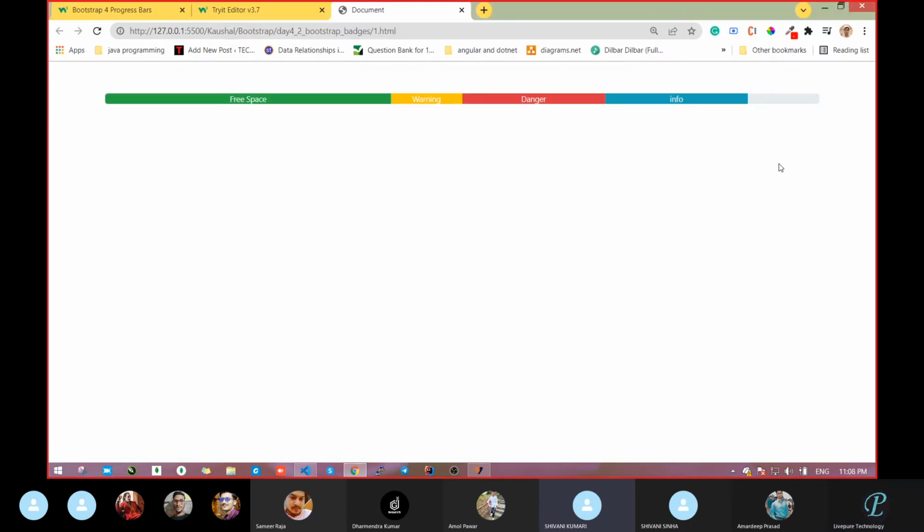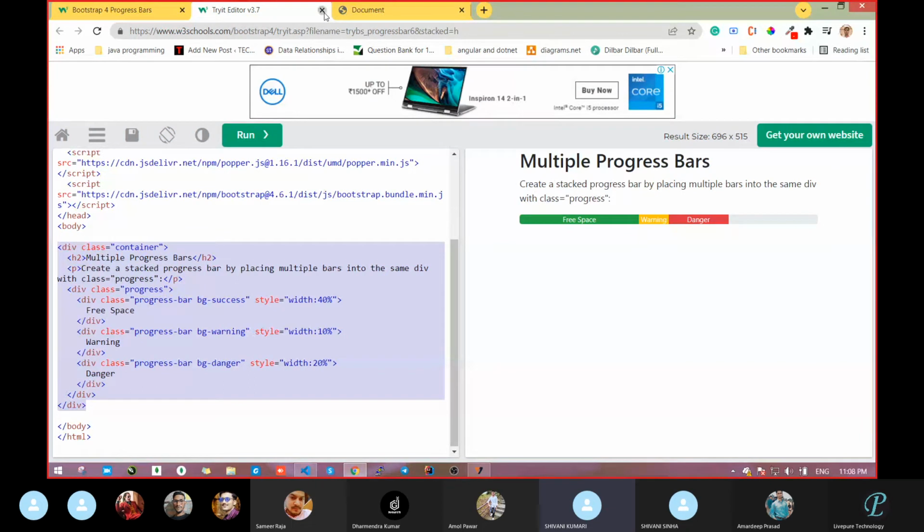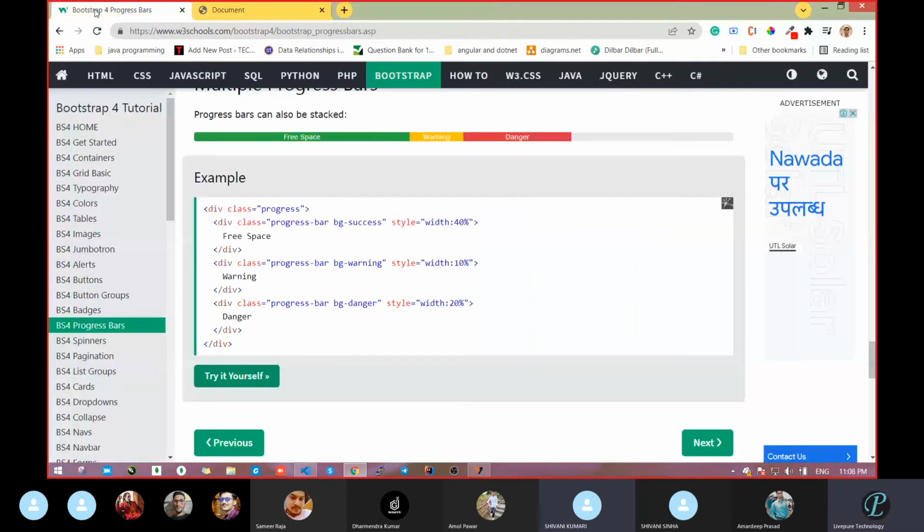Clear? Shivani, clear? Amol. So in this way, we can make a section in a small area. Sir, in overall Bootstrap, if we remember the class name, is that enough now? No need for all of these things. See, I am telling you, no need to remember the class. You have to remember the design.